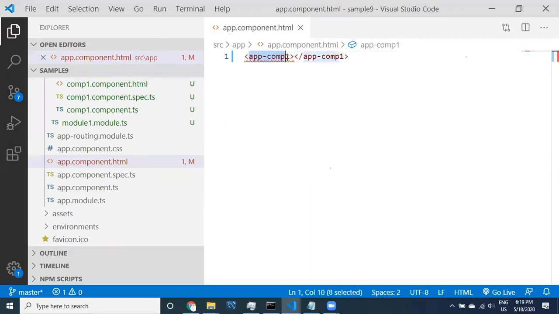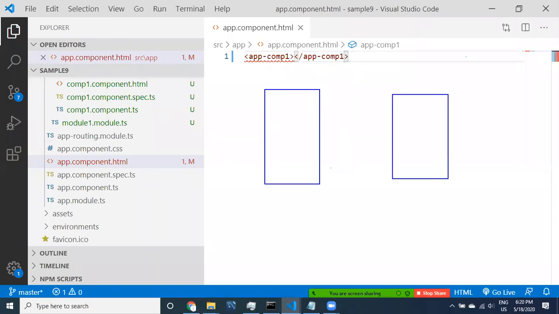This component is related to which module? Module 1. See here, it is showing an error. Why? Because you cannot do it directly. Show me the diagram. Two steps you need to do if you want to use this kind of thing.